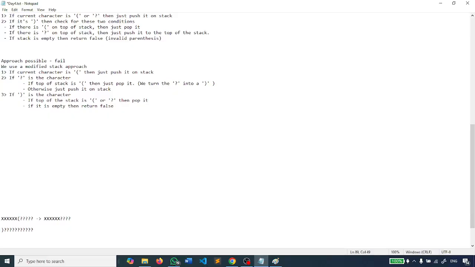So I think the approach goes a little funny. Okay. If we have some right brackets left and we are encountering an opening bracket, then we simply reduce the count of the right brackets by one. In case that is not possible, then we reduce the